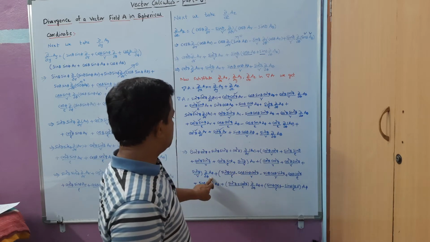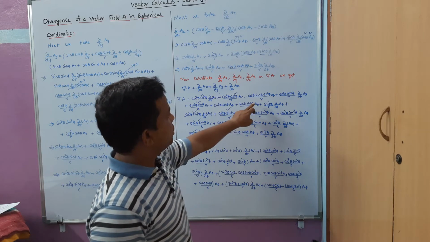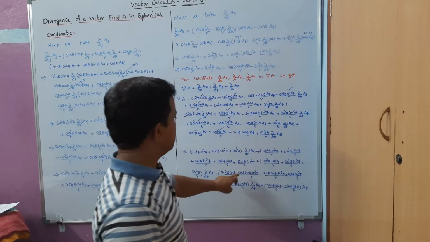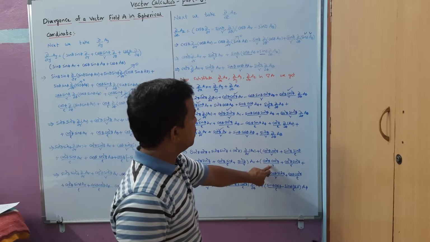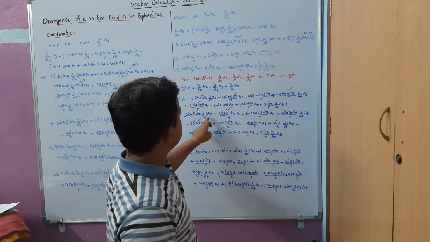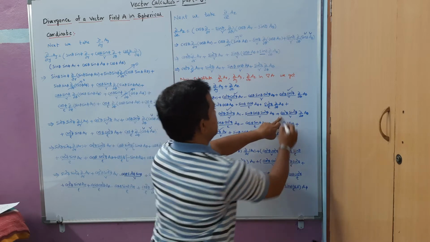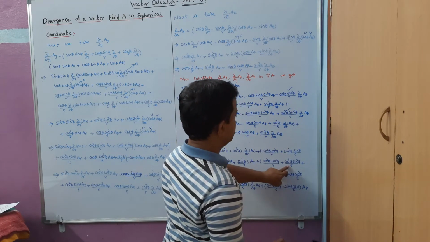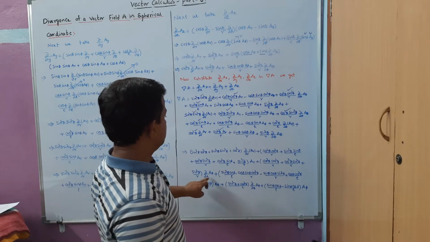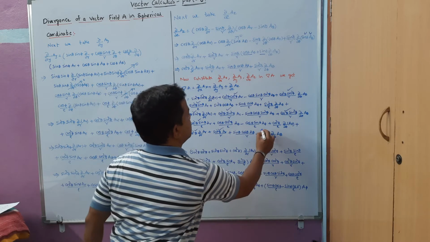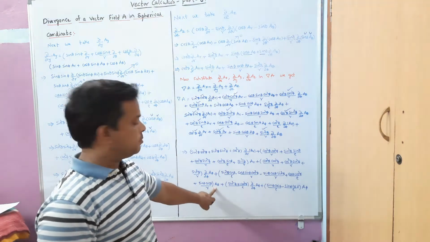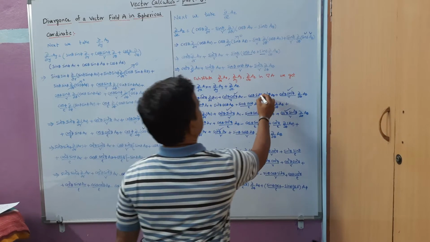So these are the ar terms. Next we have to take del by del theta of a theta. Del by del theta of a theta is this one. First one, del by del theta of this one is here: cos square theta cos square phi by r. Next del by del theta of a theta, this one: cos square theta sin square phi by r. Next del by del theta, next sin square theta by r. So this one, and we have got all the three terms here. Next, similarly, we have to take the a theta terms. The a theta terms are many here. So an a theta term is this one.